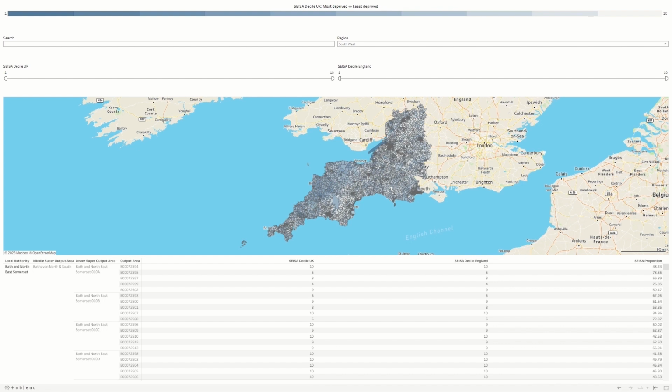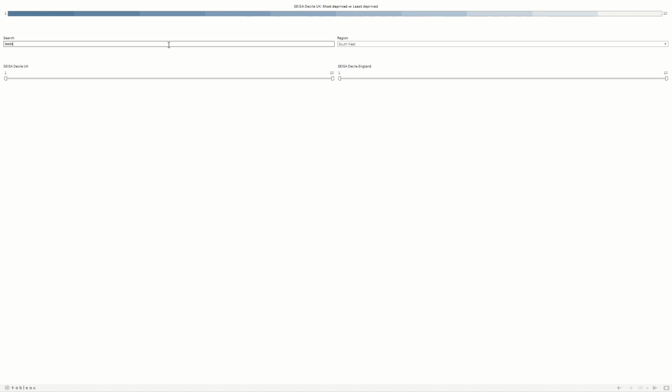Depending on what filters you have applied, you may receive a blank screen after searching for a valid search item. For example, if the region filter is set to the southwest, and you search for the Leeds local authority, you will receive an error screen. This is because Leeds does not appear in the restricted dataset for the southwest. You will need to expand the region filter to include the area you are trying to search for.